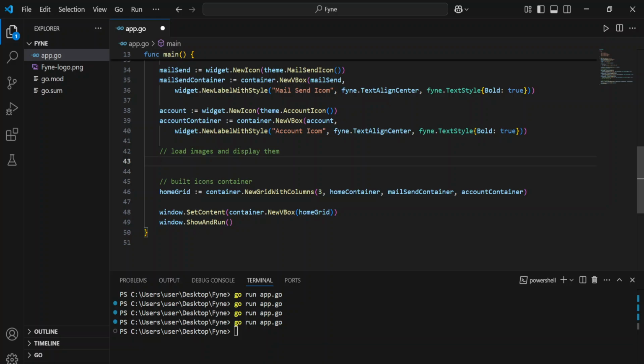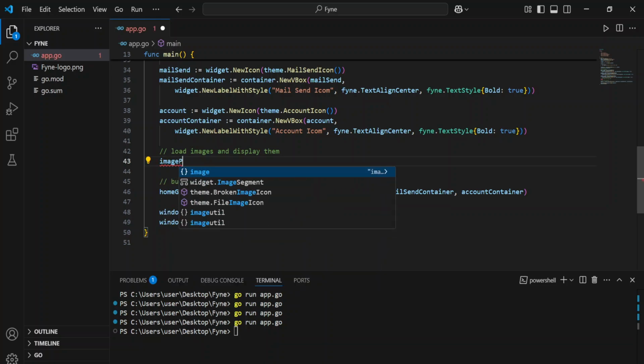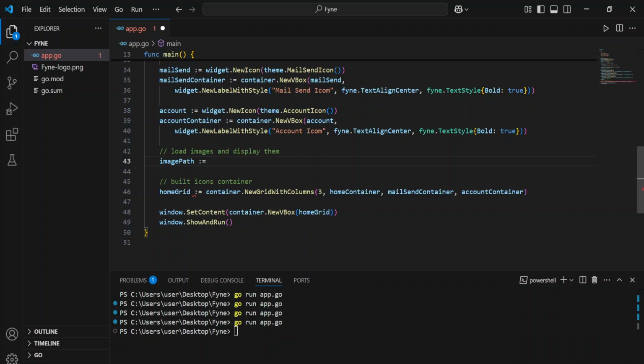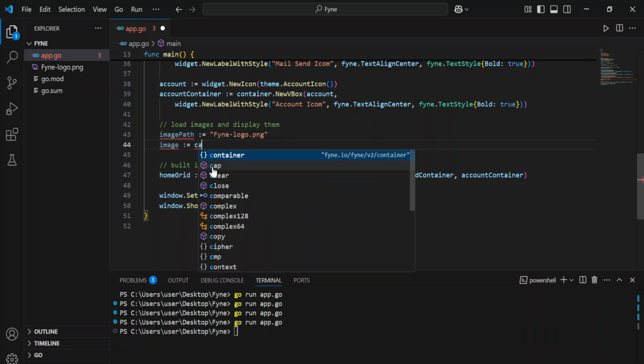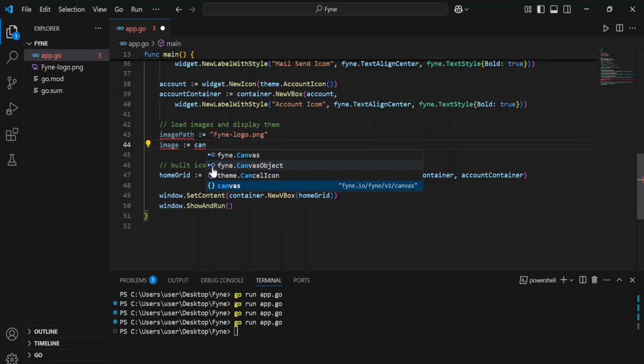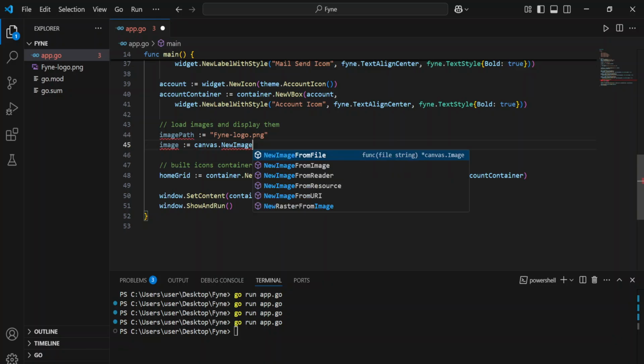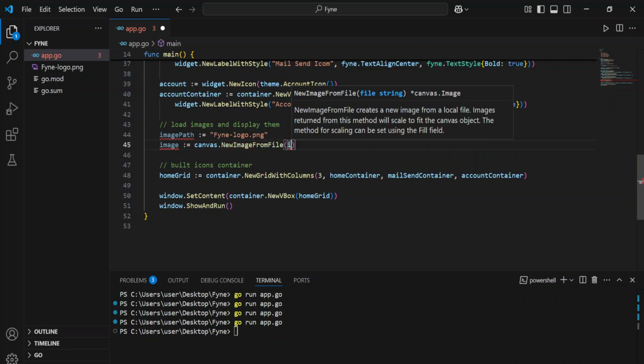So I'm going to load this image. So I'm going to come here and say, let's say we want to display an image. So I'm just going to say image path, so that will locate where it is. Of course, it's going to be Fyne logo.png. After defining the path, we're going to define a canvas that's going to hold that image. So we're going to say canvas dot new image from file, and then I'm going to say the image path,